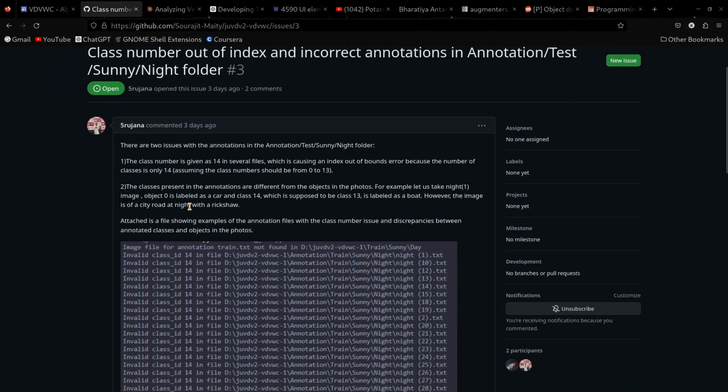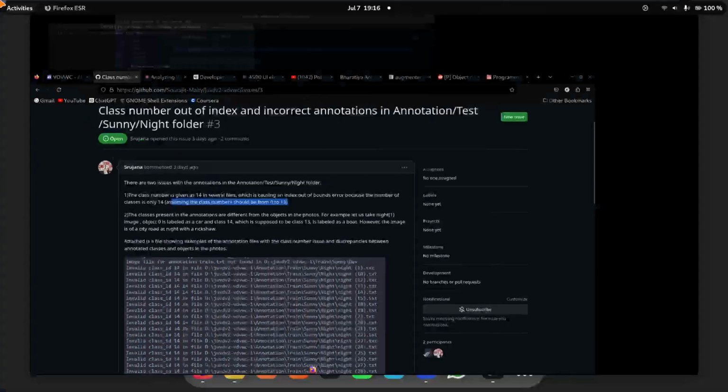And then there's this issue that she faced and I had also faced, but I had to debug it manually again. She says that there are two issues with the annotation. The class number is given as 40 in several files, which is causing an index out of bounds error because the number of classes is only 40, assuming the class number should be from 0 to 13. So as I showed you in this,